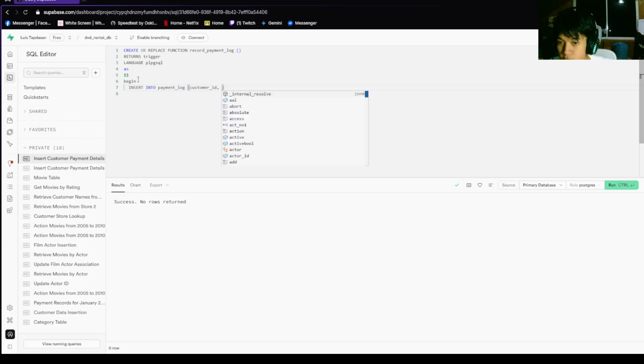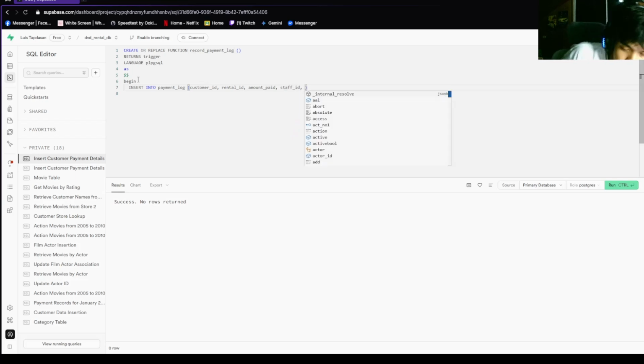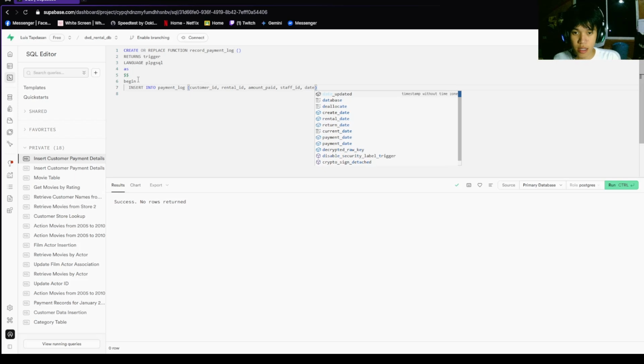So customer ID, rental ID, amount paid, and staff ID, and then date updated.